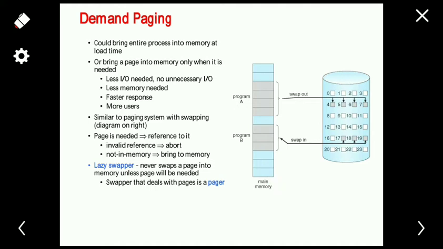Okay, so in the case of swapping, we swap the entire process, but here we are going to swap pages. So we divide the process into multiple pages, right? So we are going to swap the pages to the secondary storage device. Okay, so some portion of the program is not needed for execution, right? So that part is swapped out into the secondary storage device, and whenever needed they will be swapped in.